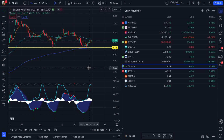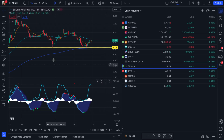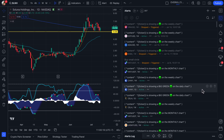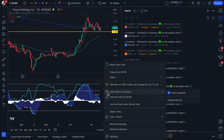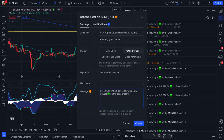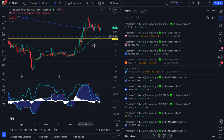Okay, a $20 million coin or stock is very, very low. I mean, that's a very, very low market cap for a stock. So I'm going to add that to the looking to buy list this week. I'm going to call out the daily big green dot on that for you guys. Let me go ahead and set my alerts on that one. Okay, let's do the daily. Once per bar. Boom. Okay, so I'm actually looking to buy that one more off of 4, but it looks